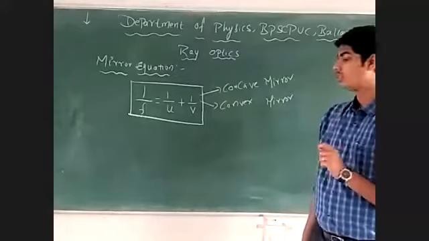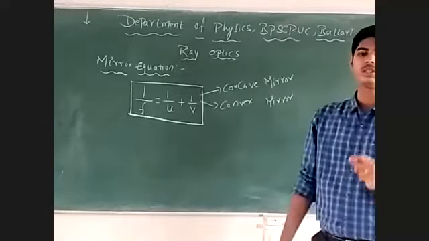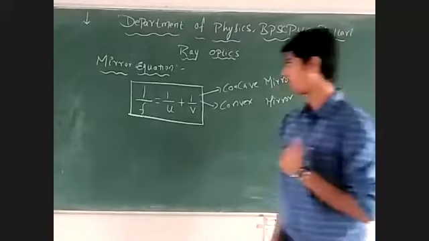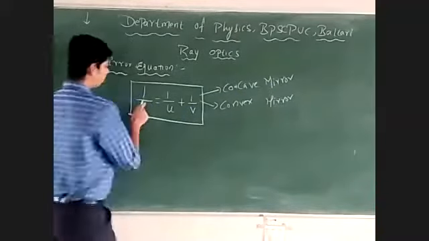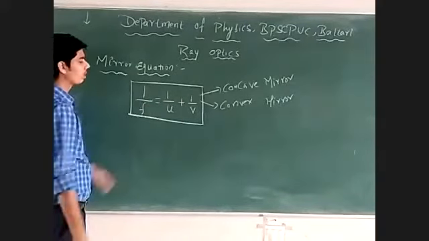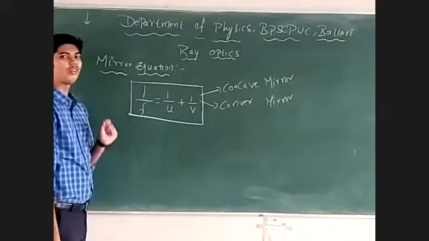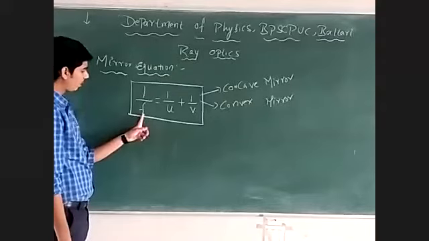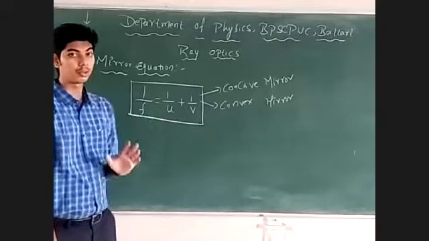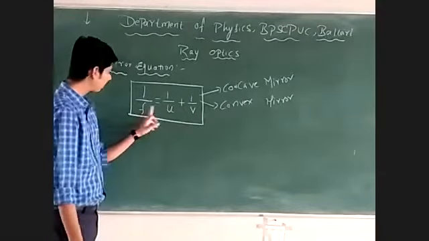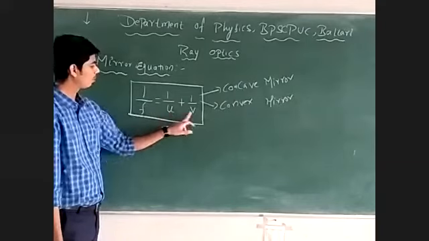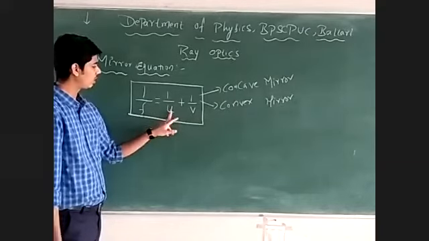Once you have derived this, you need to understand why we have derived this equation. What is the necessity of this equation? After looking at the equation 1 by f is equal to 1 by u plus 1 by v, we feel that focal length depends upon object distance and image distance. If we change u and v,